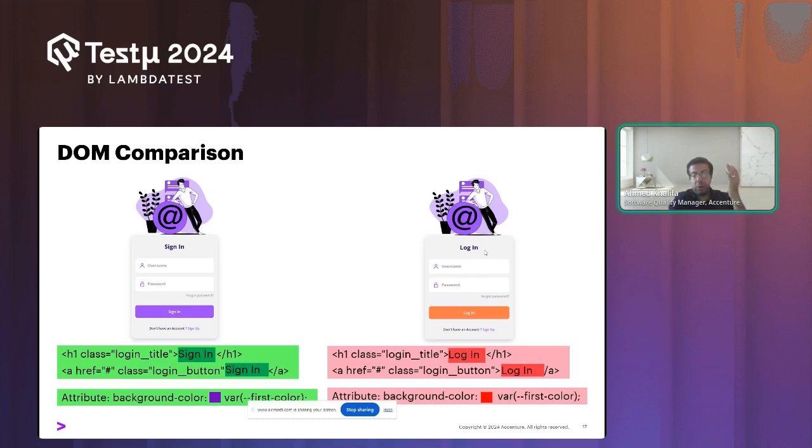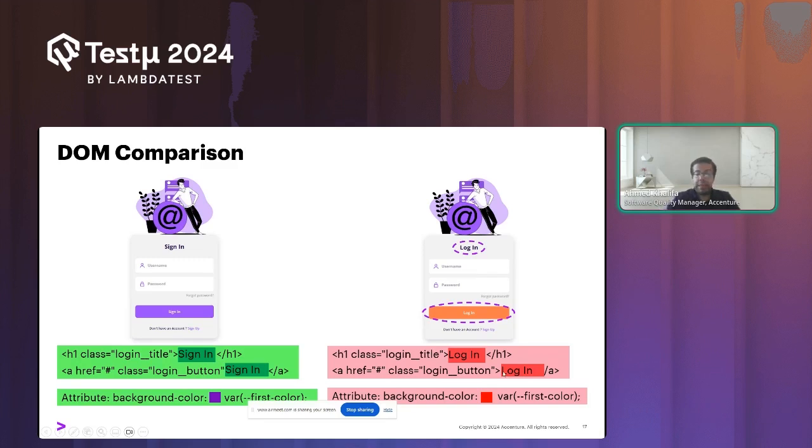So if I have the DOM for this sign in form, I will go and check the DOM. I know that this is a sign in login title, and then I have a sign in login button here. And then I have this background color, right? And in the next version, if there's a change, I will be able to identify it because the DOM structure has changed.